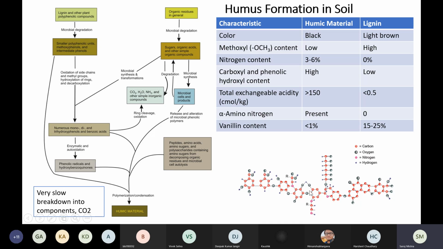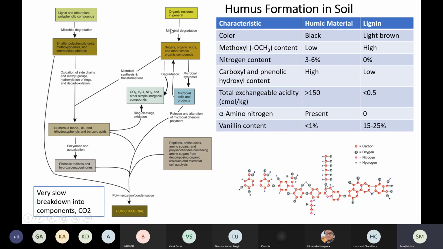And how does humus formation occur in the soil? So very briefly, on the left, for example, is explained that I think what you need to only appreciate, I don't expect you to remember this figure, but just to appreciate that both organic residues which are in the soil, like carbohydrates, like other things which are in the soil, plus lignin and other plant polyphenolic compounds, they undergo microbial degradation in the soil, and